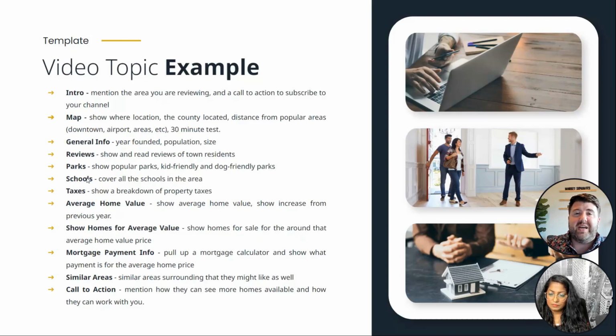What can you buy in this area? Because that's super important. They might fall in love with the area, but maybe it's outside their price point or nothing's available in their price point. So that's super important to share. And then once you show them what the inventory is in the area for that home price, you can also show them maybe houses under 500,000, 750, and show all those different price points, and then move into and pull up a mortgage calculator.